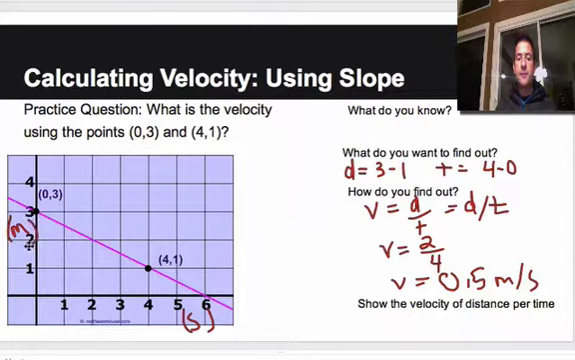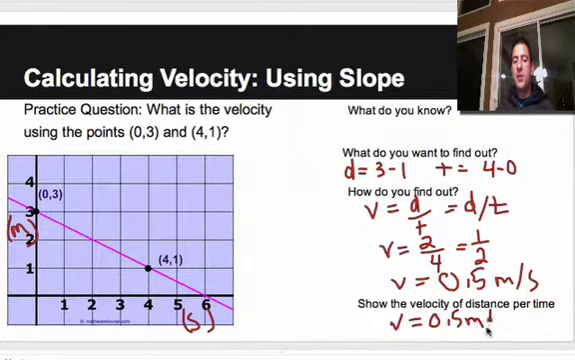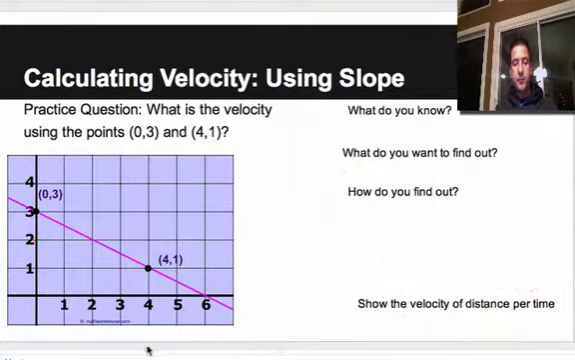So that's how you can calculate. If I simplified this, 2 over 4, I know that's 1/2, and half is 0.5, so my velocity is 0.5 meters per second. All right, and hopefully you had the opportunity to try this out as well. But anyways, that's calculating velocity using